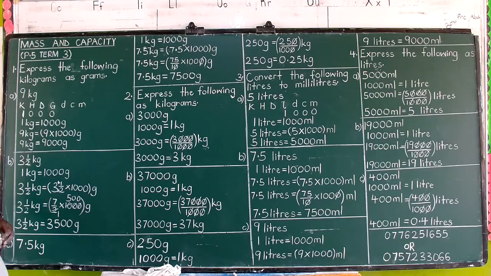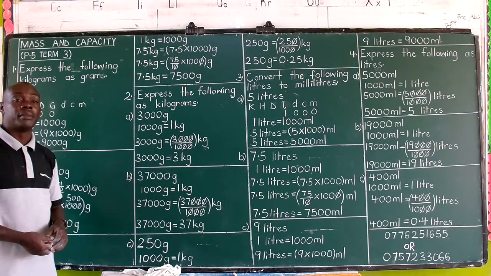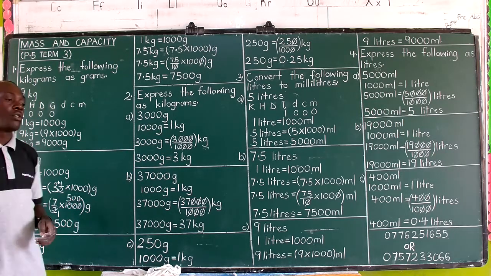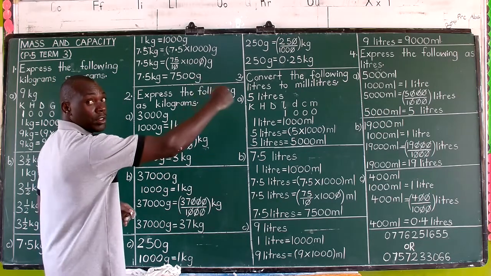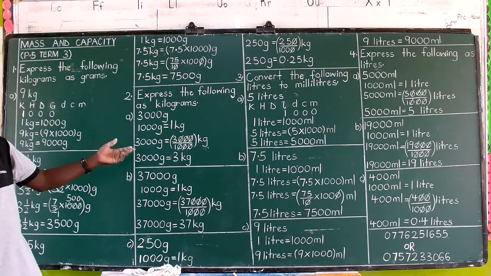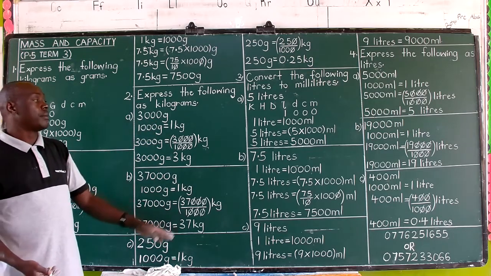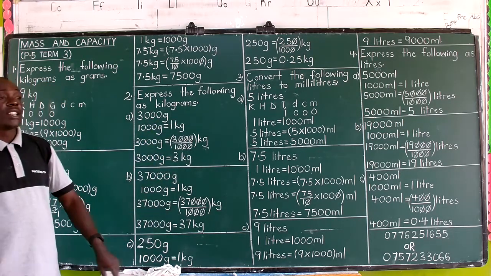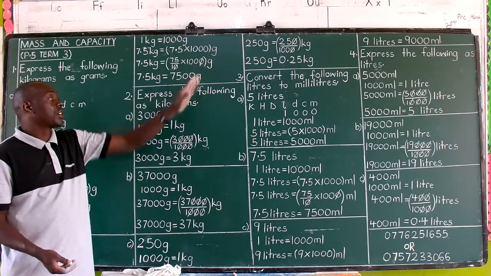This time you state it the other way around. Remember, here we say 1 kilogram is equal to 1,000 grams. Here you say 1,000 grams are equal to 1 kilogram. Ensure what you are converting to is on the right hand side. Like we have stated now, we are converting to kilograms, so kilograms must be on the right. As opposed to number 1, where we were converting to grams, that's why grams were on the right.